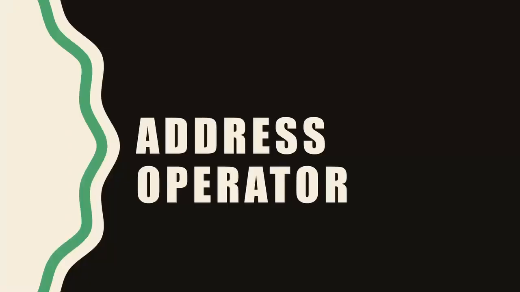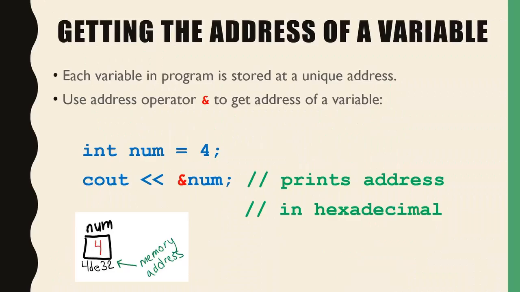In order to learn about pointers, we first have to start with the address operator. We can get the address of any variable by using the address operator, which is the ampersand. Every variable in a program is stored at a unique memory address, and that memory address is in hexadecimal values,